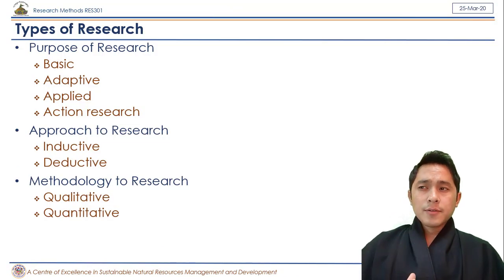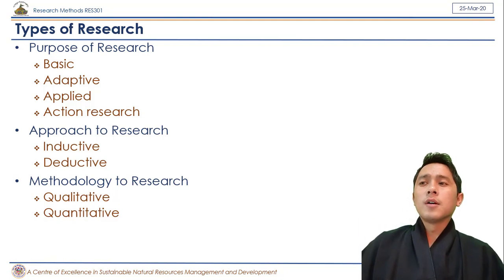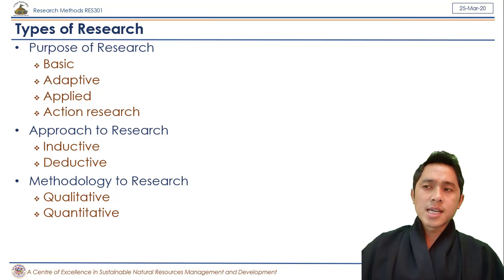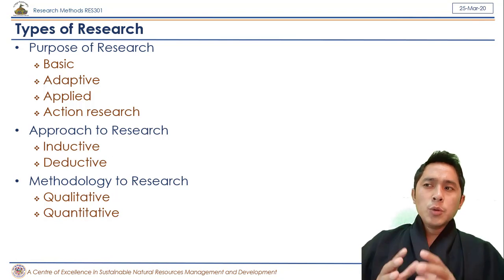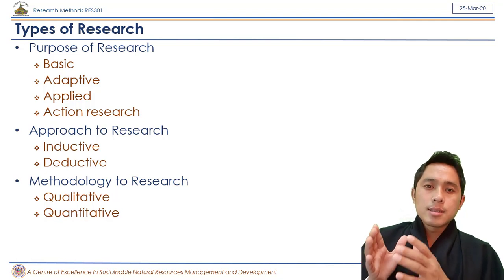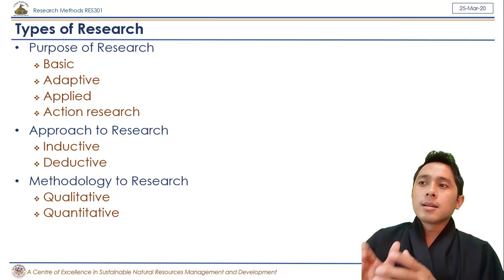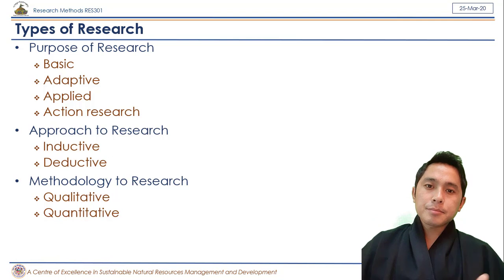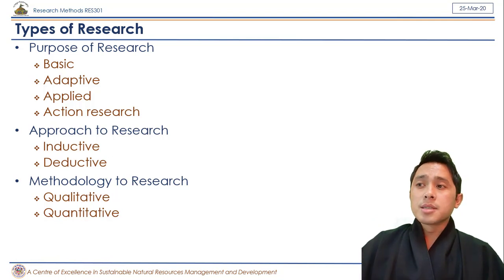If you look at the internet, the papers, the articles, or some of the books on research methodology, you'll find lots of classifications of research, and no specific book will say that this is the streamlined classification of research. I really think that the classification of research depends on the researcher, the person who is studying the research, and the point of view from which he is understanding the research at the time.